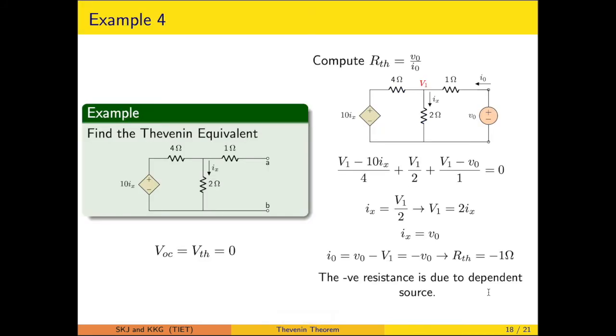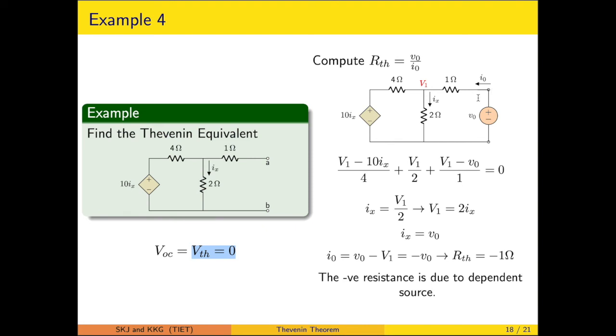Now this is another example where the circuit has only the dependent source and we have to find out the Thevenin equivalent. So this is an interesting example. Now when this circuit does not have any independent source, the VTH will be right away 0. That is one aspect. Second, to calculate the RTH, you have to have an external voltage source V0 across the terminal, and you will be measuring the current I0 through that.